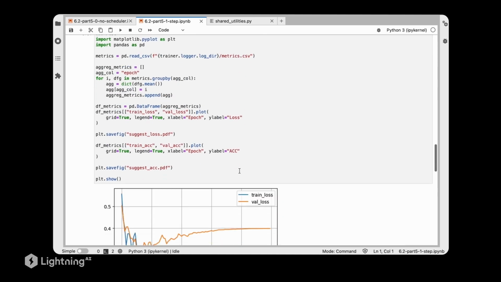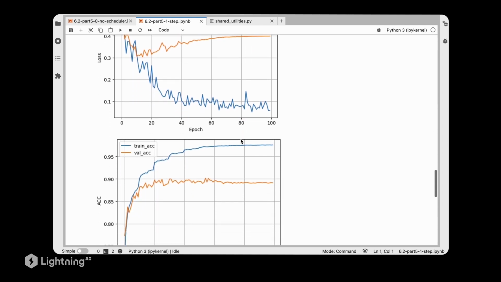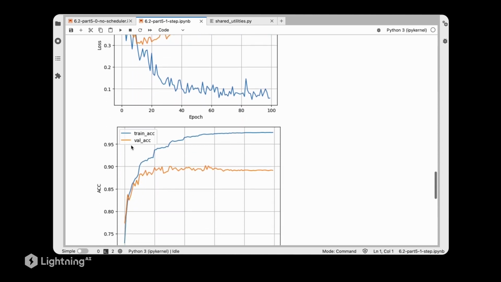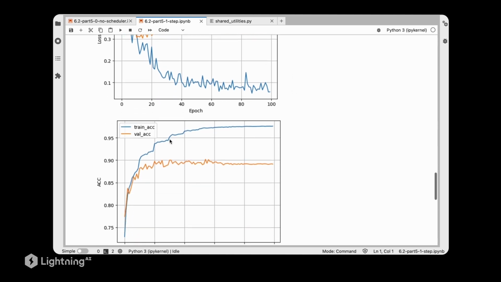So let's now take a peek at the results. As we can see, the validation set loss now converges. So this is a consequence of reducing the learning rate until it becomes, for instance, 0. So here we can also see the same thing happening for the training accuracy and the validation set accuracy. Notice that the loss here of the training set is always a bit noisy, and that is because it's computed on a batch by batch basis. Whereas for the training accuracy and validation set accuracy, these are more stable because they refer to the whole, basically,